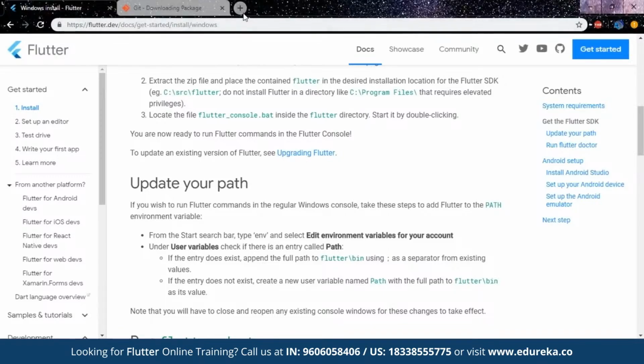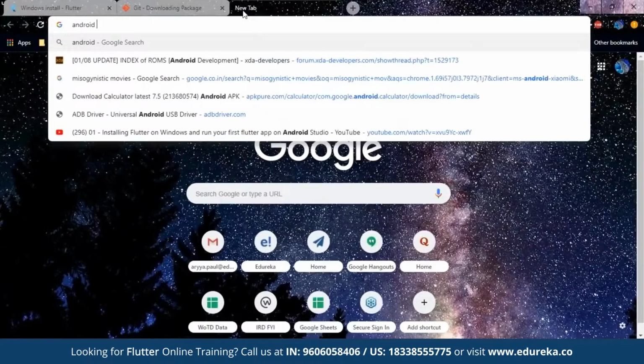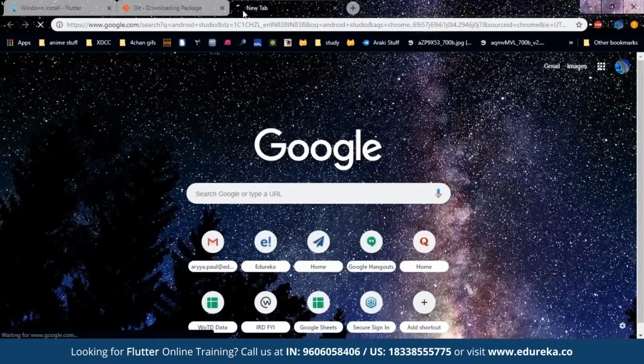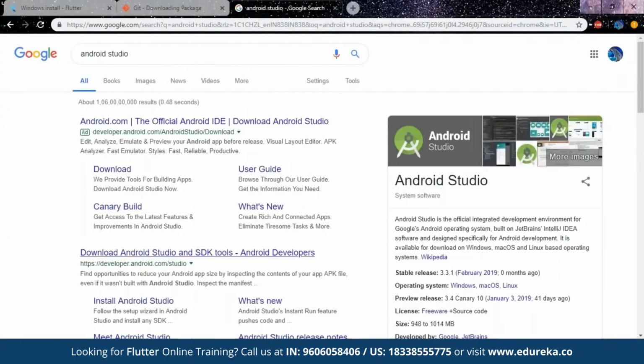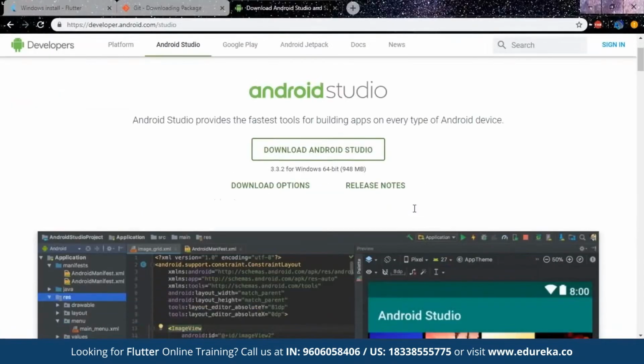Now on the IDE side of things, I would recommend that you download Android Studio on your system. Downloading Android Studio is pretty simple. If you have some trouble downloading it, you can look at my Appium installation video, because during the Appium installation we also install Android Studio. But just in case you don't feel like watching a new video for this, all you have to do is go to